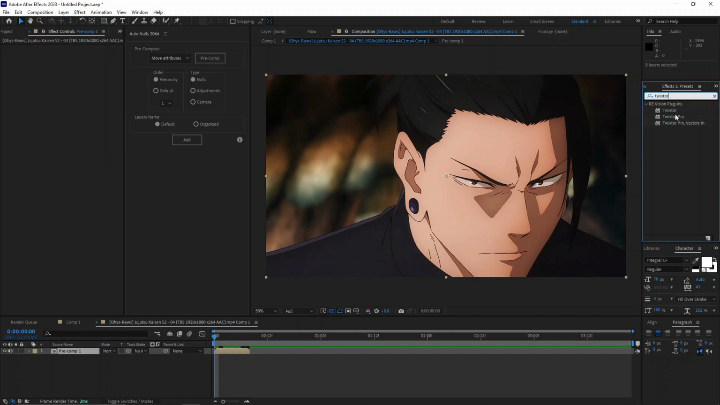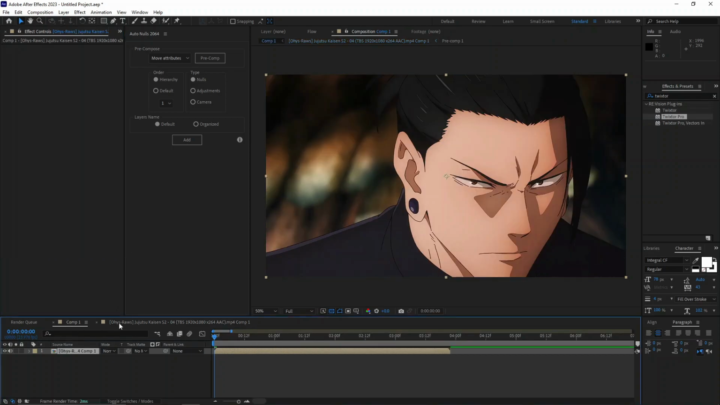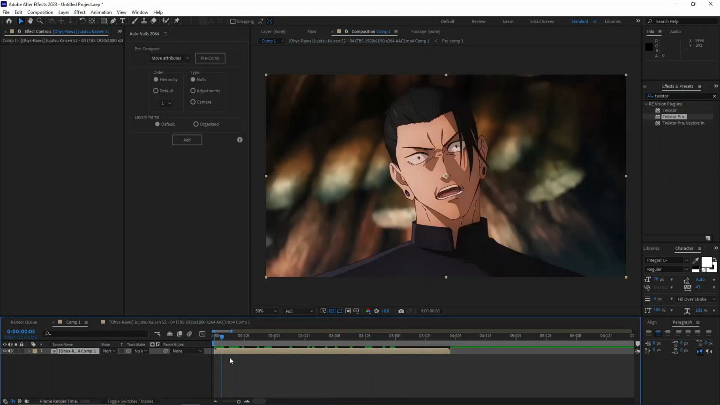and look for the Twixtor Pro plugin. You can use any. I use Twixtor Pro, and image prep is gonna be this one or the lower one. It really doesn't make a difference. This is gonna be 100, and yeah, that's it. So once I get into my real composition,